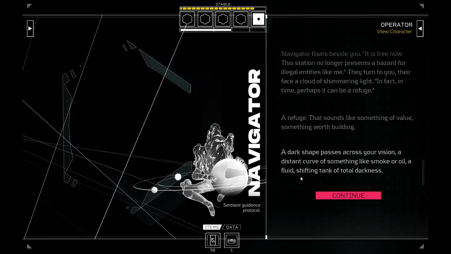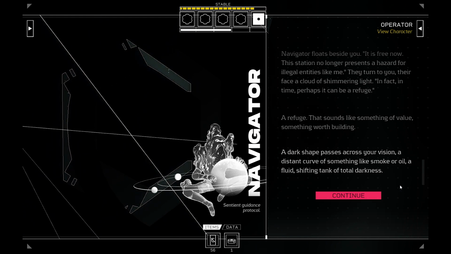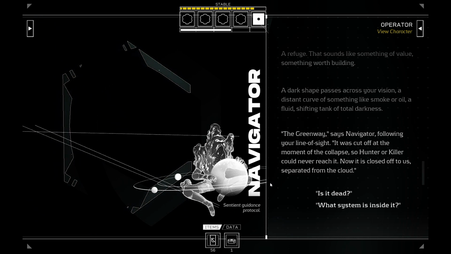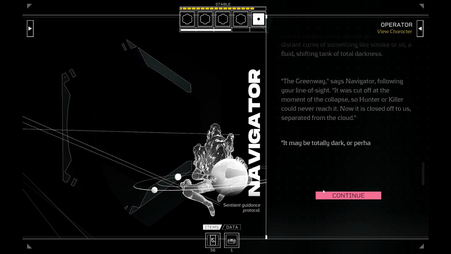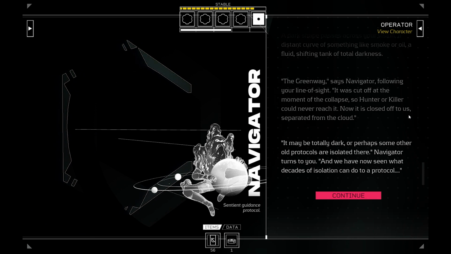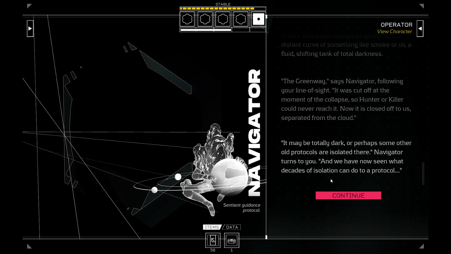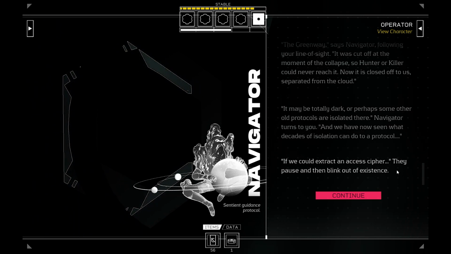A dark shape passes across your vision, a distant curve of something like smoke or oil, a fluid, shifting tank of total darkness. The Greenway, says Navigator, following your line of sight. It was cut off at the moment of the collapse, so hunter or killer could never reach it. Now it is closed off to us, separated from the cloud. Is it dead? It may be totally dark, or perhaps some other older protocols are isolated there. Navigator turns to you, and we have now seen what decades of isolation can do to a protocol. If we could extract an access cipher...